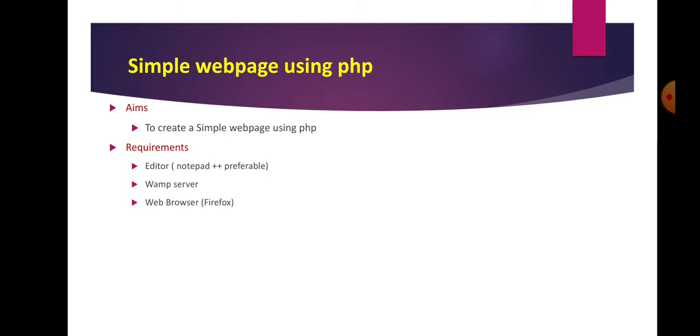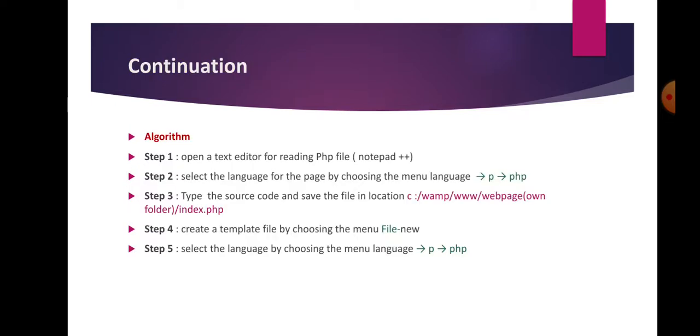Next, WAMP server. Last day I sent you a video on how to download and how to install WAMP server on your machine. I think you are all ready for executing this mini project. Okay, students. Next we need a web browser. Any web browser: Firefox, Internet Explorer, Google Chrome, Opera, etc. Okay. Next, move on to our exercise.